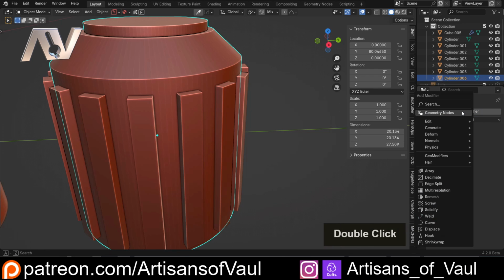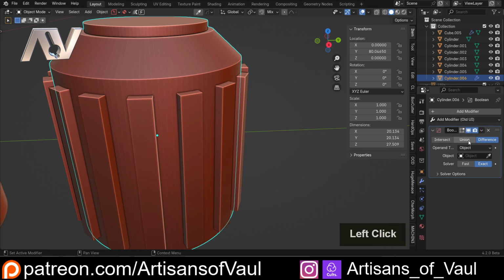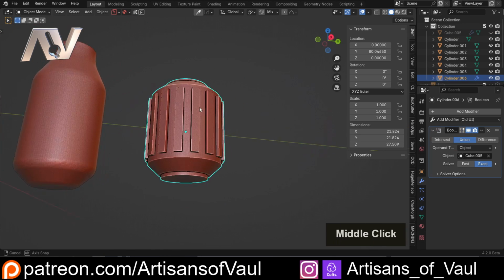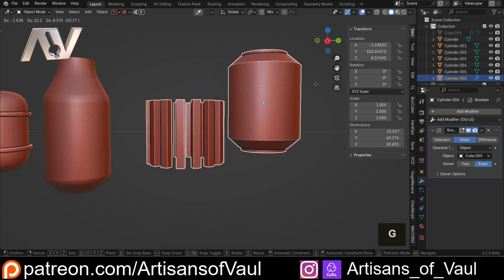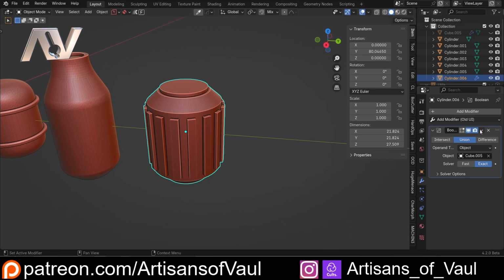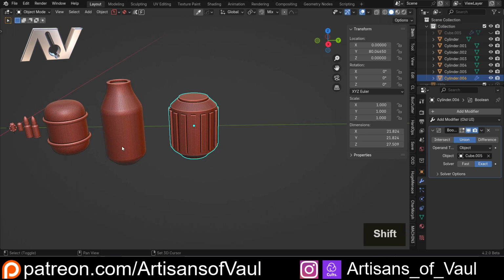If I just click add modifier and type in Boolean, we get our Boolean. I want to have a union Boolean, and I want to union with this. Now that we've done that, we can press H to hide this, and we've got our object. Now, if I press G, this is going to move it apart from the other object. You can either apply so that you've got this permanently done,